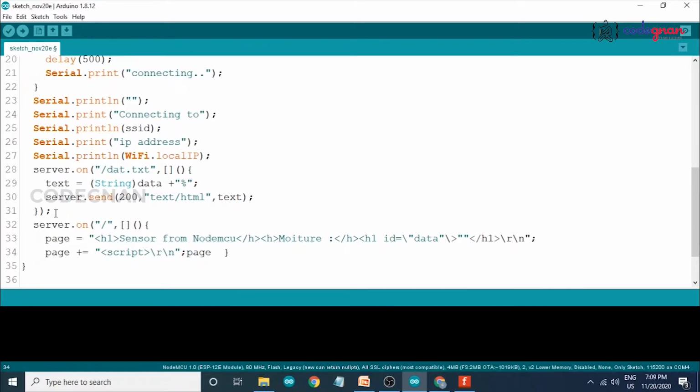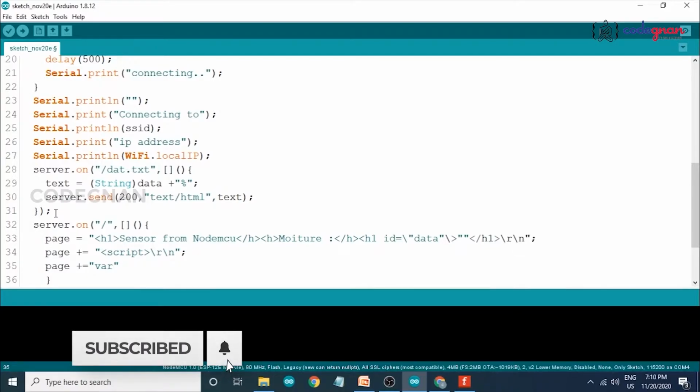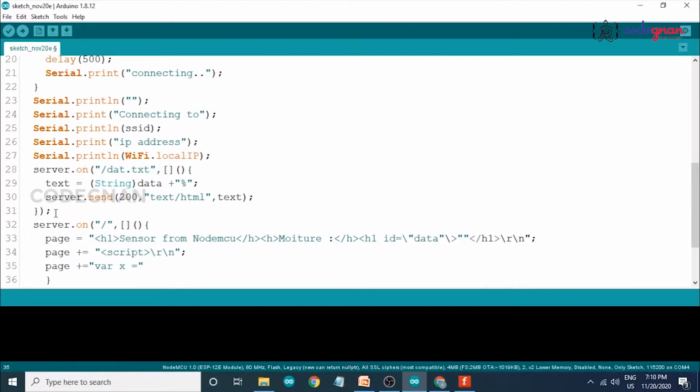And page plus equals to var x equals setInterval function, with the URL slash data.txt, update.